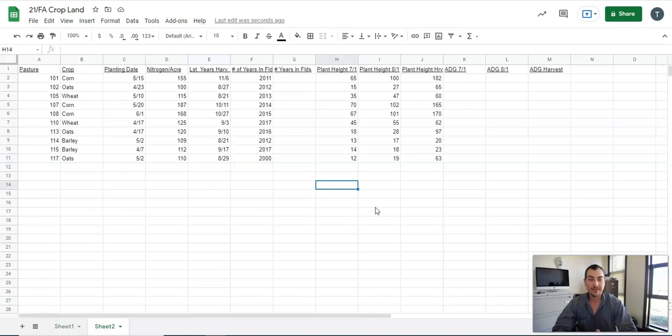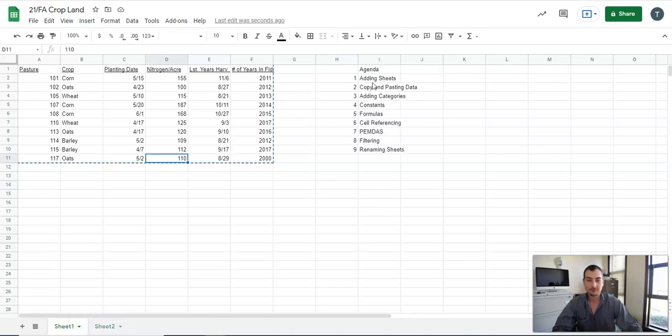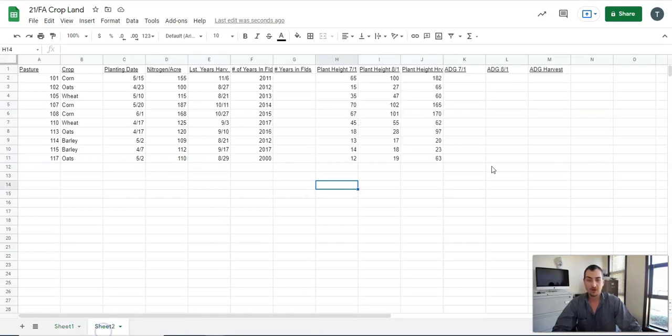So now that we've added the categories, let's talk a little bit about constants. What are constants? Constants are a bit of information that is going to stay the same. And in this particular case, we're going to have 3 constants, 3 things that don't change. The first one is our first